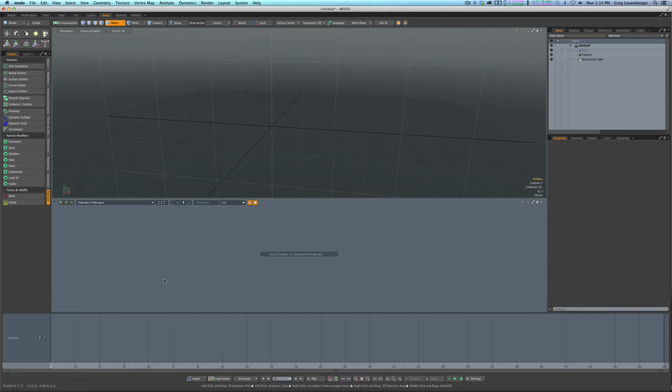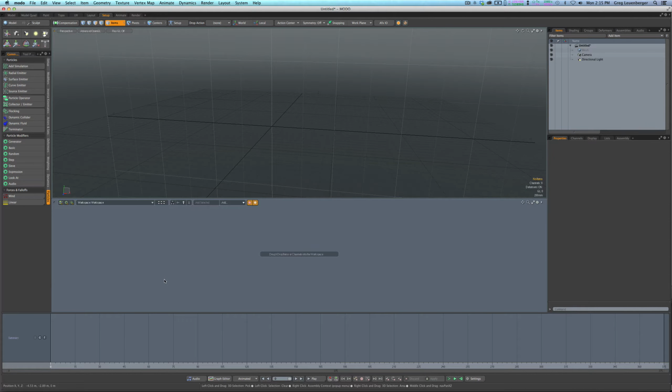Hello, Modonauts. I have been meaning to do a particle modifier tutorial for quite some time. Initially I was going to do a tutorial on particle modifiers in the context of using them as elements for motion graphics, where you'd create some cool moving elements, kind of like MoGraph in Cinema 4D, and then bring them into After Effects and do some work with those. Maybe I'll do that again, but I'm going to touch on some of those aspects in this